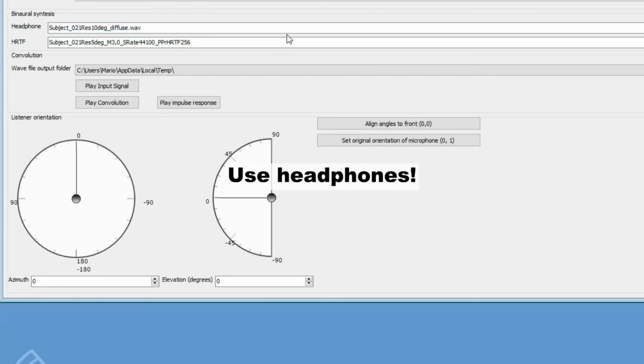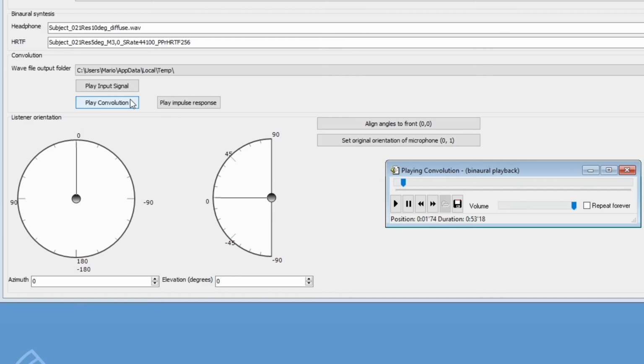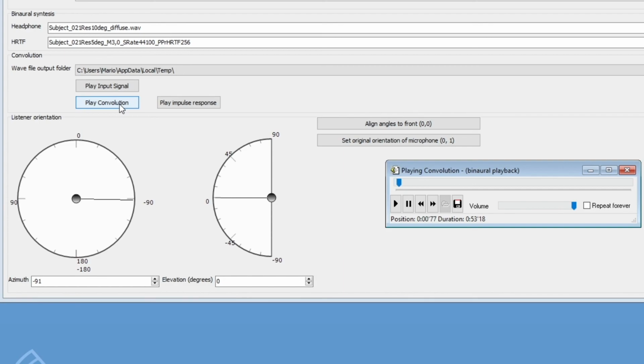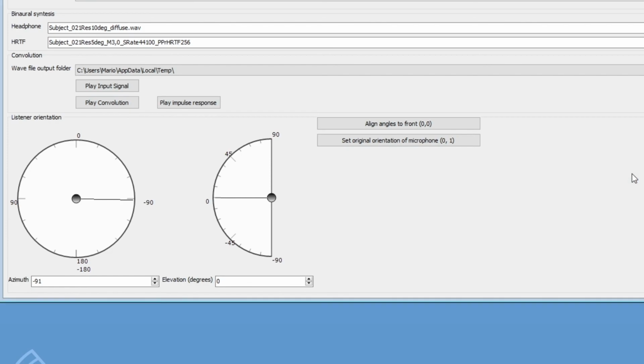Make sure to listen using headphones. Keep in mind that auralization features are exclusive to Odeon Auditorium and Combined.